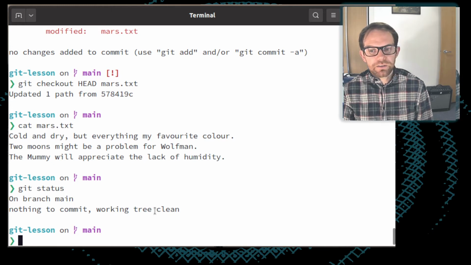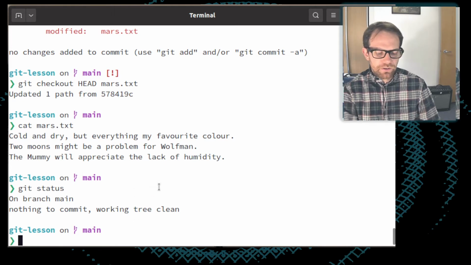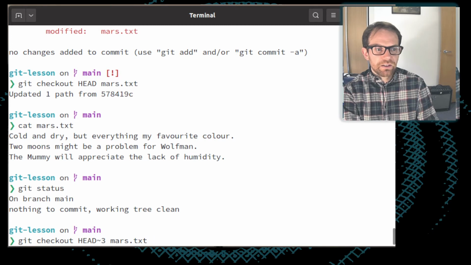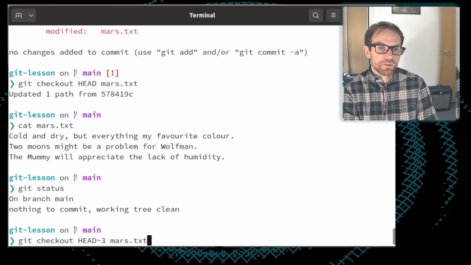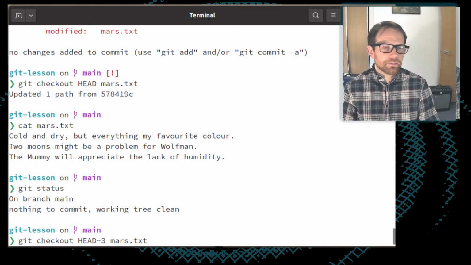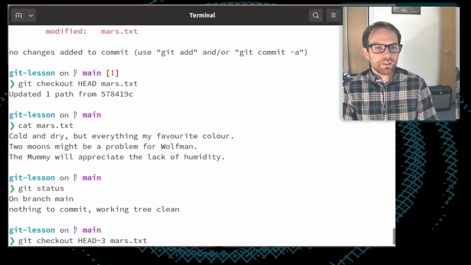So likewise, in the same way that we were able to run git diff on different commits, we can use the same git checkout head -3 mars.txt syntax, for example, to pull the state of Mars from 3 commits ago.